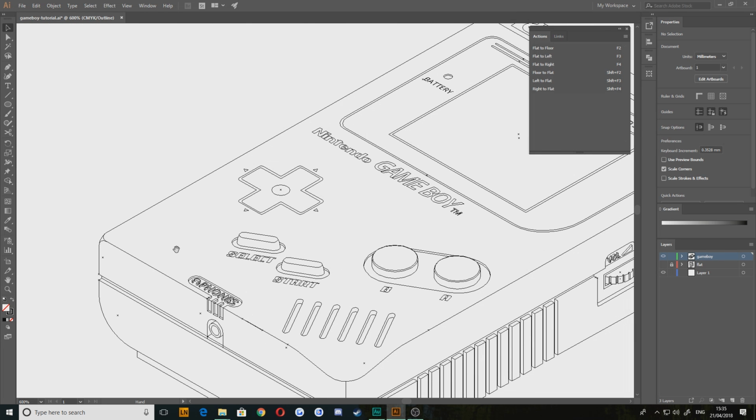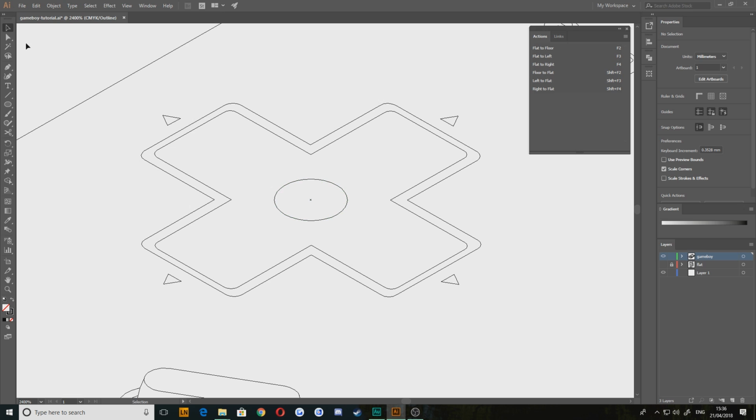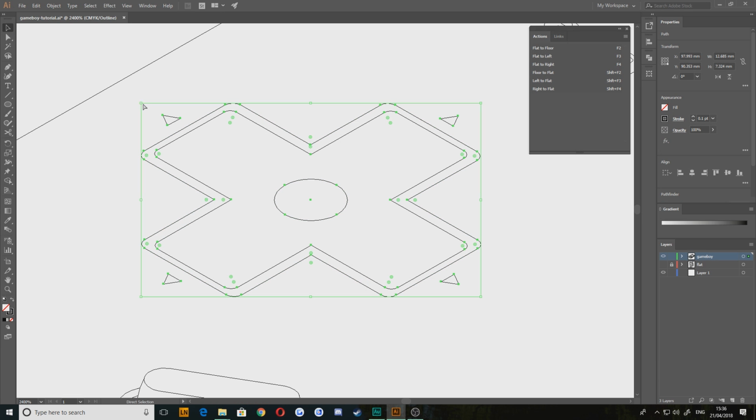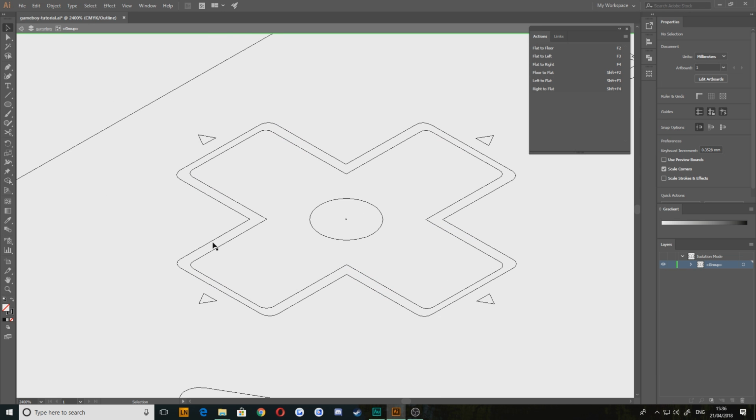Happy, happy, happy. Okay, the next bit then is going to be this D-pad, which might be a bit more complicated because we've got to do all of these little tiny ridge sections and stuff as well on top of this. So let's just jump right into it and see how we get on. What I'm going to do first is just group this and go inside the group so I'm not accidentally selecting anything else for now. Now this is actually a recess here